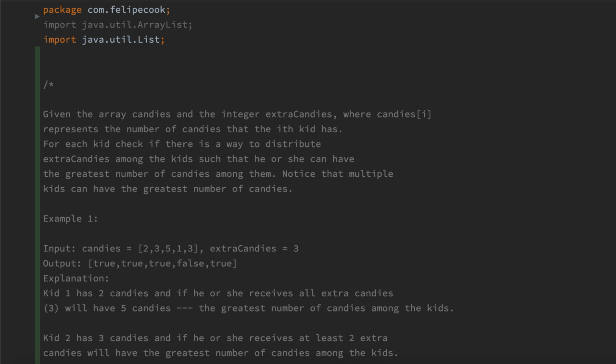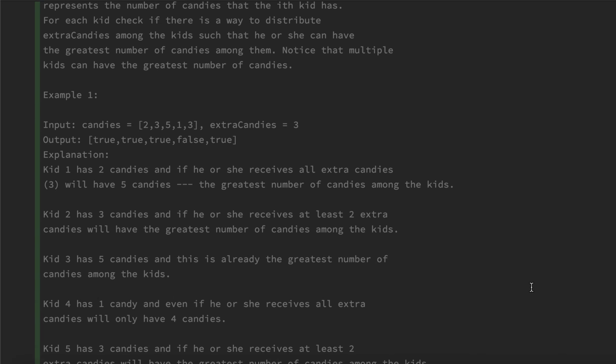Today we're going to be switching it up a bit and switching over to the Java language. Java is my first language. It's something I have a lot of fun with. And I decided to do a problem I found on LeetCode.com. This problem is the Kids with Candies problem,